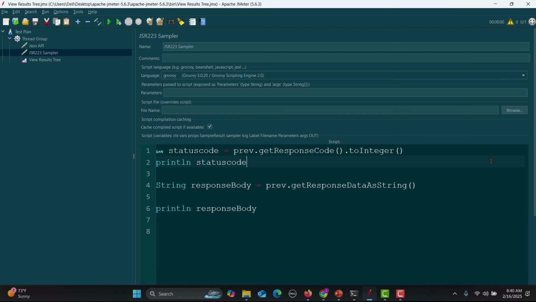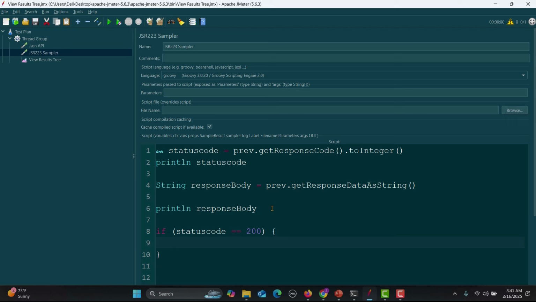Okay, now let's come to the actual part. Now the scenario is that we will be writing an if else statement. Because here we are getting the status code and here we are getting the response body, I will say if the status code is 200, this is my condition which I need to test, then we will log it. Else we will say that there is an error in the API because we haven't got the response. Okay, so simply, here we are now verifying the status code. If status code is equals to 200,